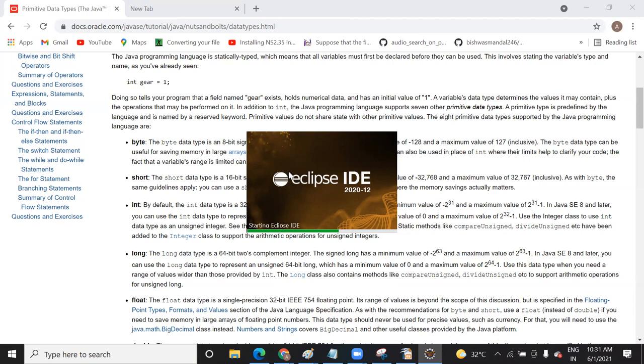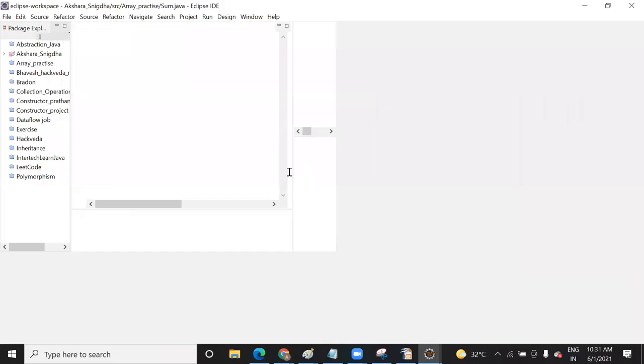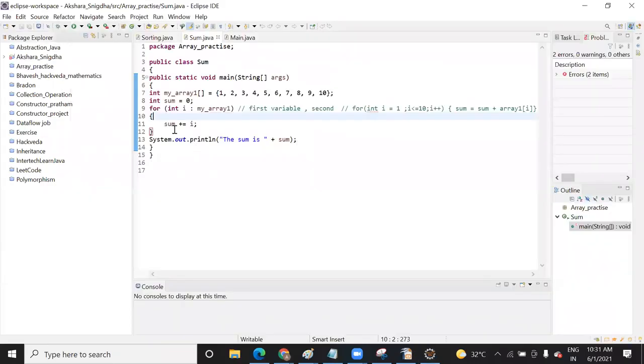In C language it was like this. When we don't assign any value and want to print it, it was taking some garbage values. But it is not so here.